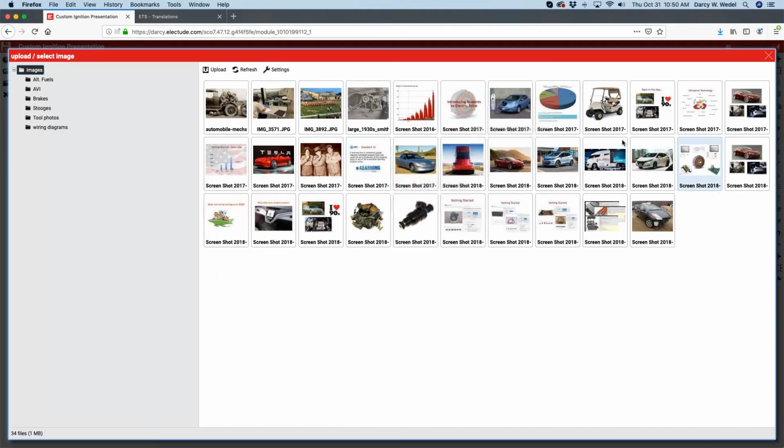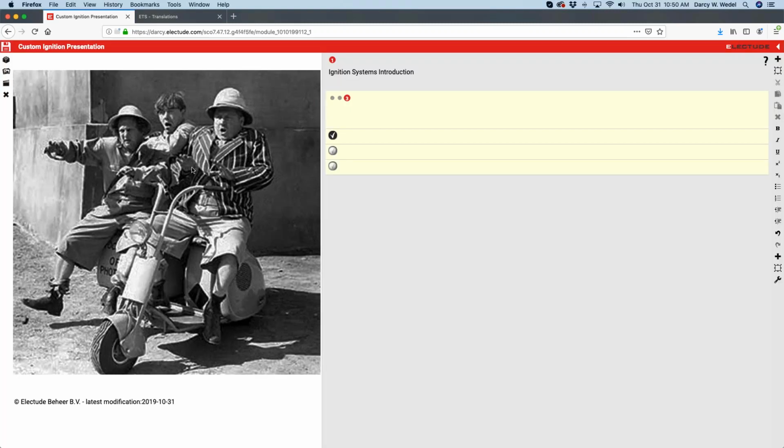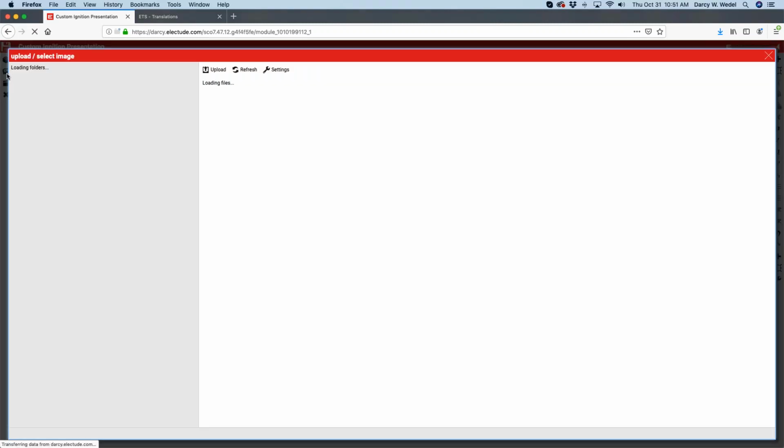So you can upload all your pictures into Electude, and you can create various folders for all your photos. So if I want to put a picture of the Three Stooges there riding a scooter, I can throw that in there. If I want to upload a new image that's not there, I can pick one of these folders,